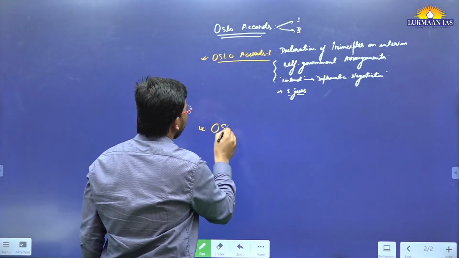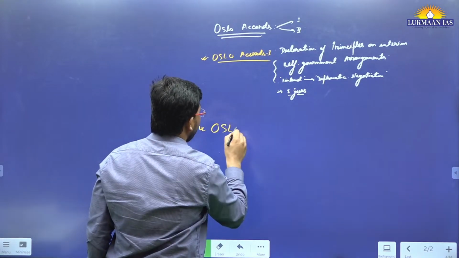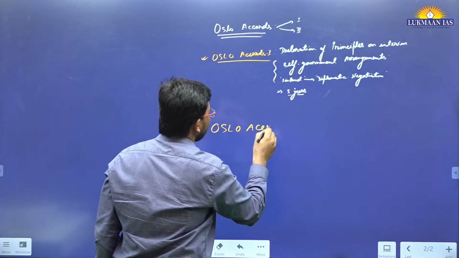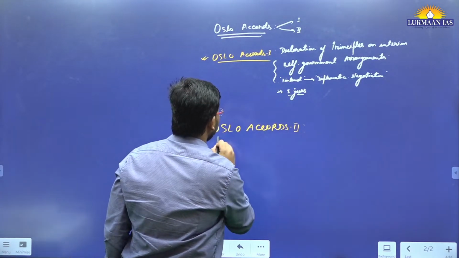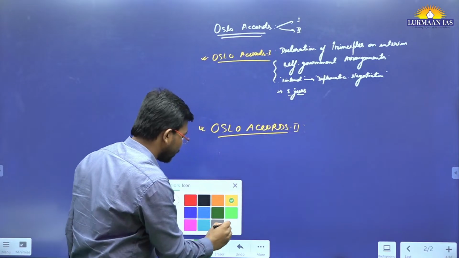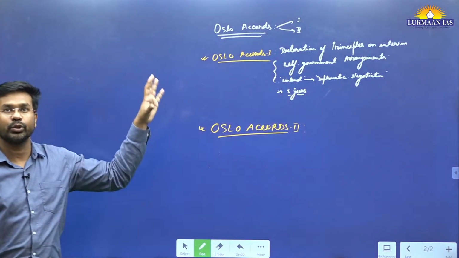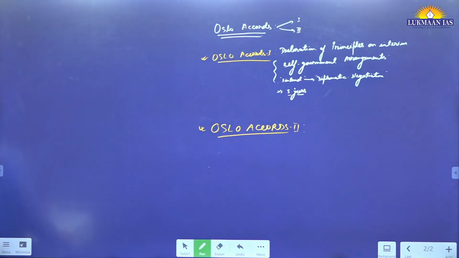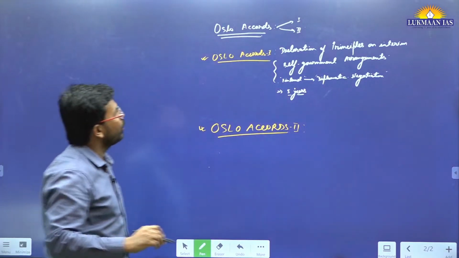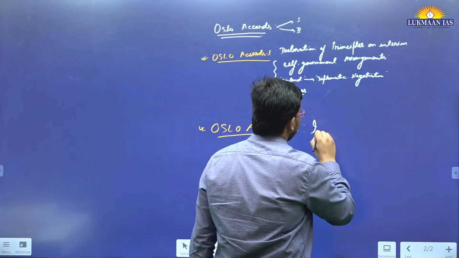Now if we talk about Oslo Accords 2, what were Oslo Accords 2? This is also related to this one. Today's thumbnail topic is Oslo Accords, so that's why we need to understand it. It says interim agreement on West Bank. Oslo Accord 2 is an interim agreement